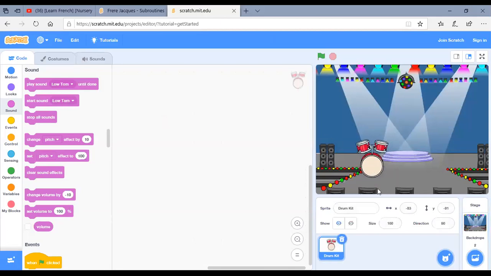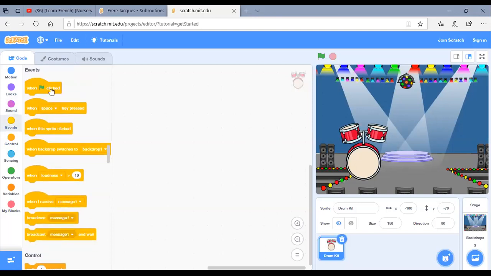If I feel the drum is not big enough, I can go and increase the size of it. Let's make it 150, a bigger drum. Okay. And then I will give a program. I'm going to code this drum in order to make a sound. Let's see. First I have to go to events, take one block here.